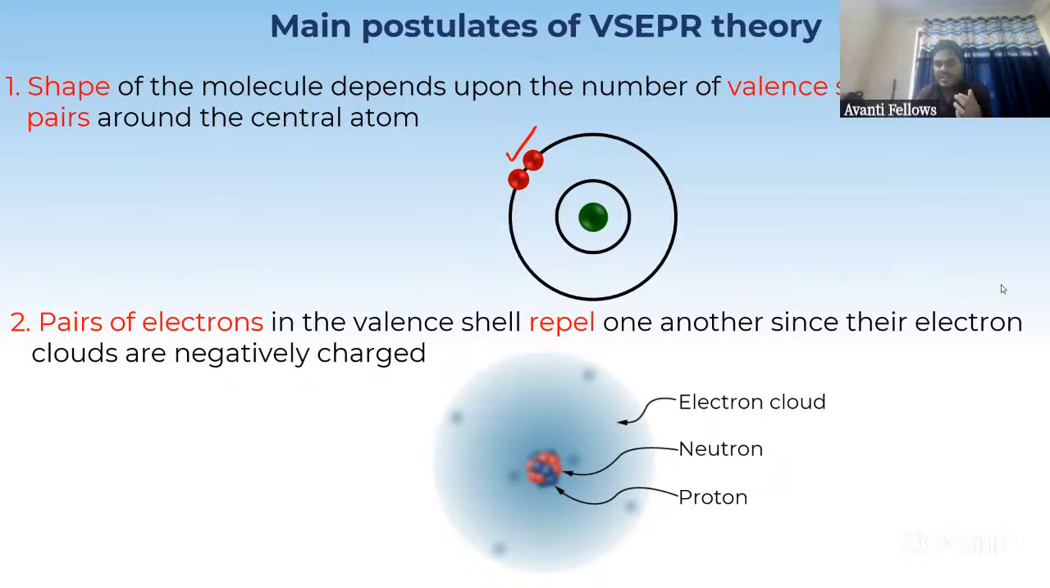So pairs of electron in the valence shell, yani whatever electrons are present in the valence shell, they repel one another since their electron clouds are negatively charged. Because वो electron clouds उनका negatively charged है, तो वो एक दूसरे से क्या करेंगे? रिपल्शन करेंगे. So they repel each other. Okay. Now